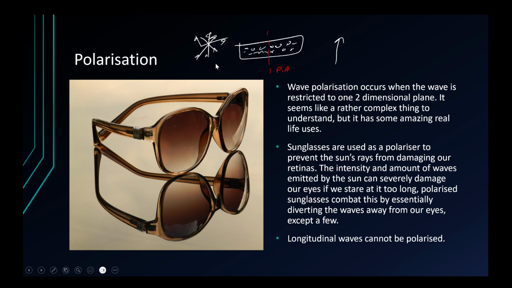So we can polarize all transverse waves, which includes a lot of light rays. So light rays are actually the more common one, as you can see here. So light rays can be polarized, whereas longitudinal waves cannot. And the final thing we're going to be discussing